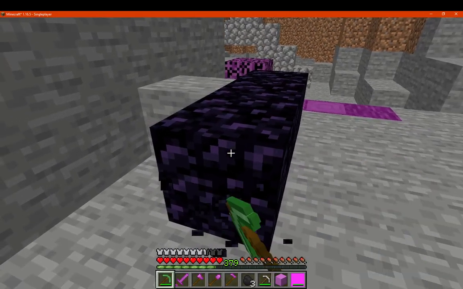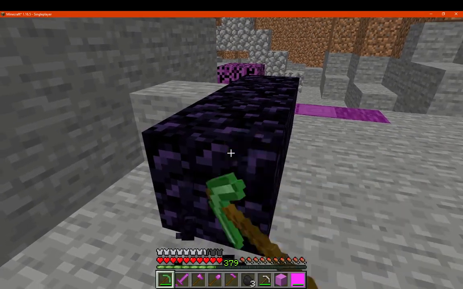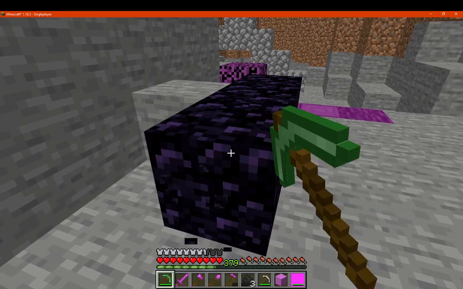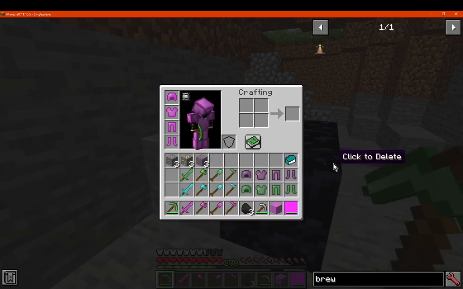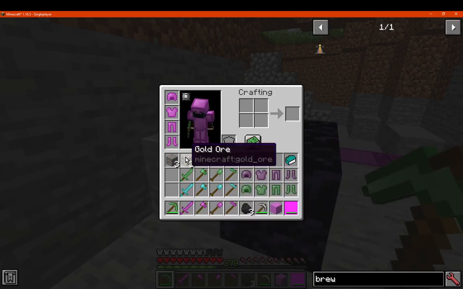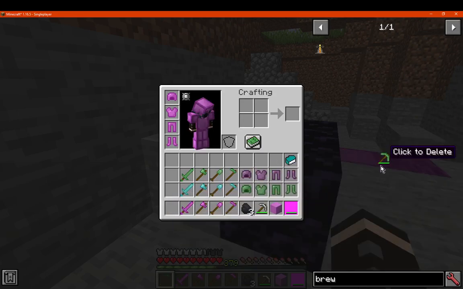Obsidian we'll test as well. My guess is the other two are pretty much iron equivalent in terms of pick tier, and they're not able to mine the others, so yeah. So if you want to get a diamond equivalent in the mod, you'll definitely want to go with the emerald one. Other than that, we'll test out the